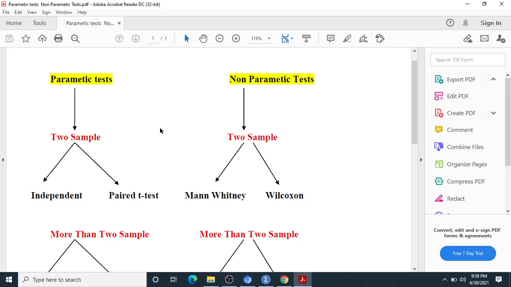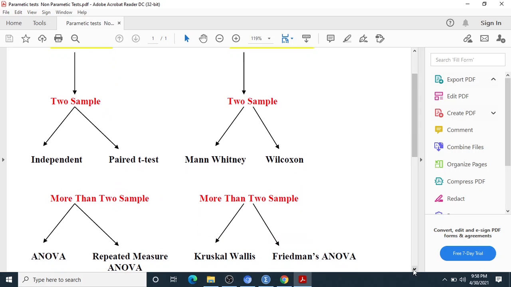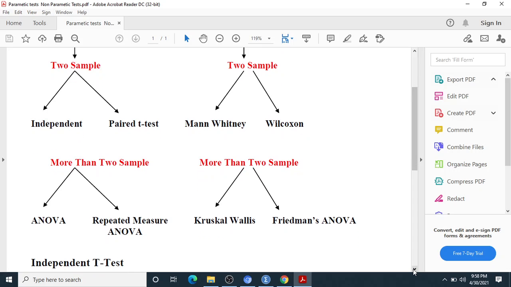On the other side, in the non-parametric test, if we discuss two sample, there are two tests, Mann-Whitney and Wilcoxon. In case of more than two samples in the parametric test, we use either the ANOVA or the repeated measures ANOVA.